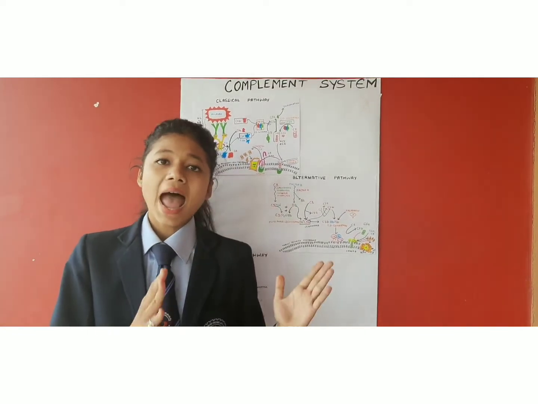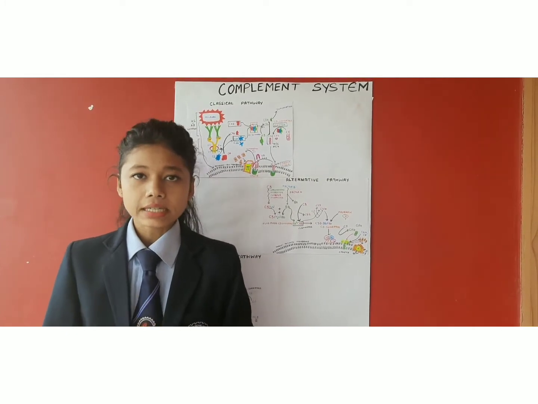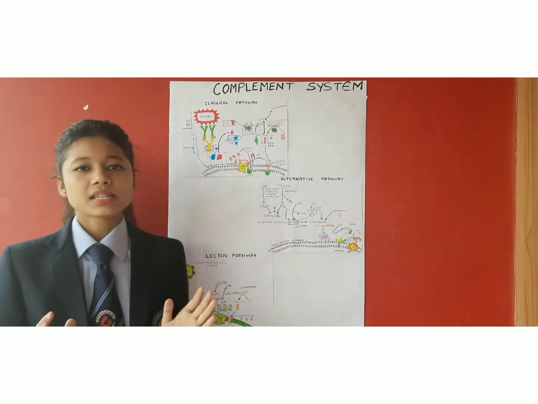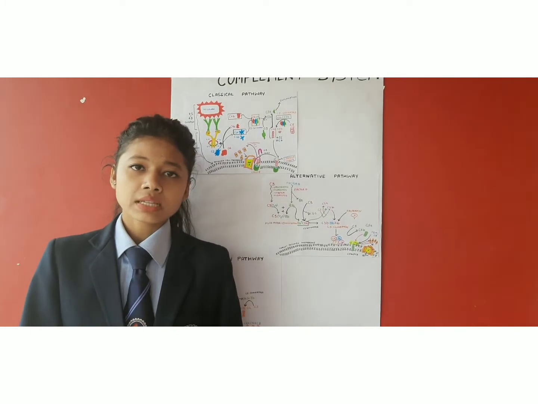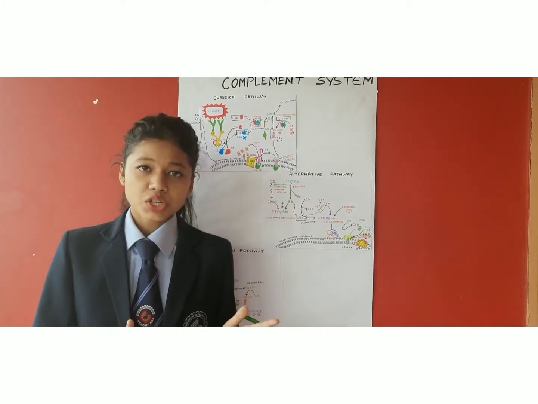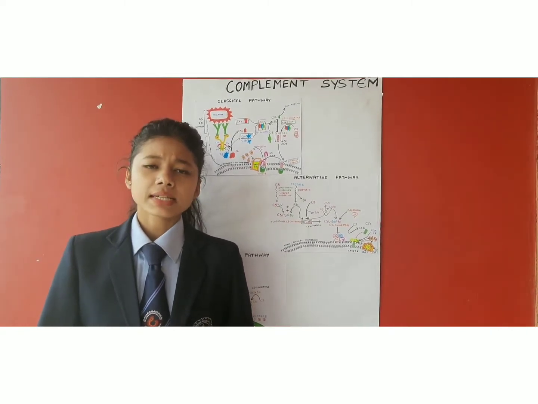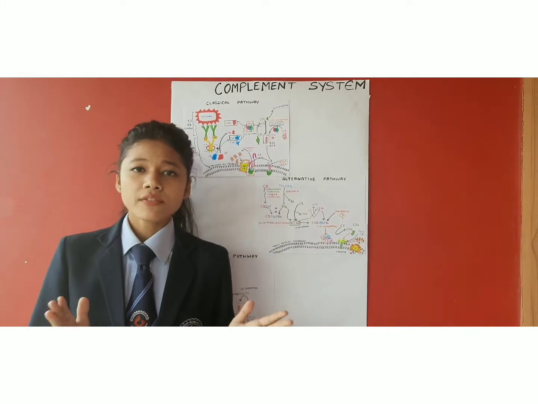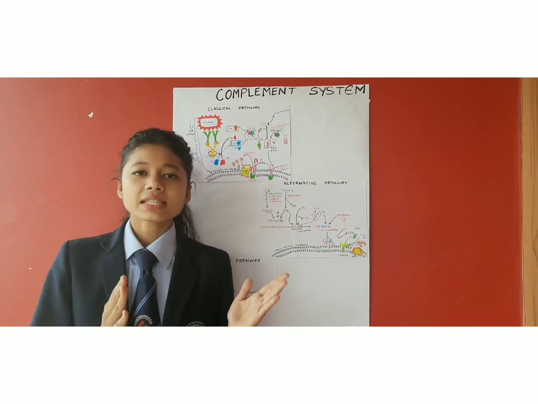This pathway is the antibody dependent pathway. The whole process is first initiated at the microbial membrane. First, in the microbial membrane, the antibody gets attached. Here, the antibody would be IgM or IgG. Then C1 protein will come into action in the form of the C1 complex, that is C1q, C1r and C1s. Whenever this complex binds to an antibody, it gets activated and cleaves C4 protein and C2 protein.